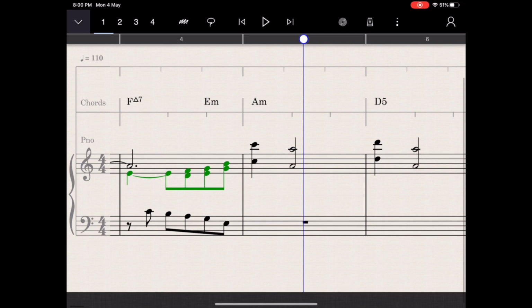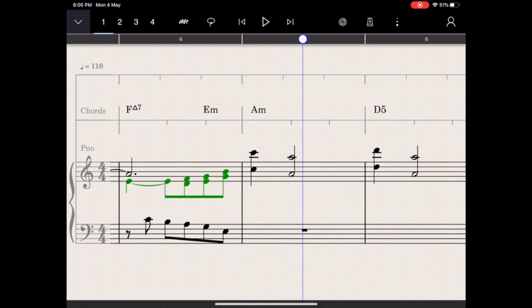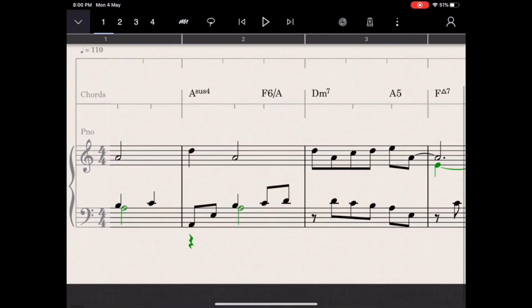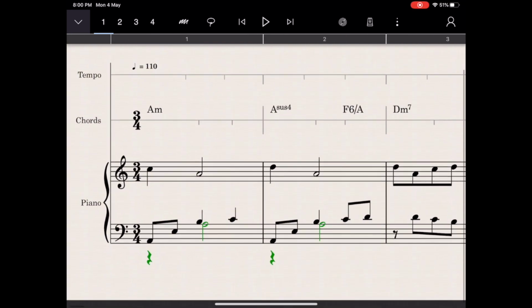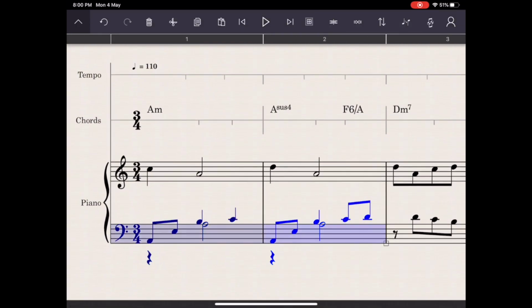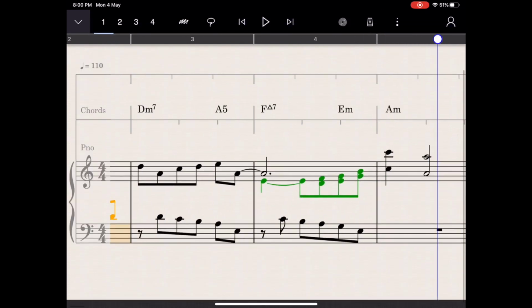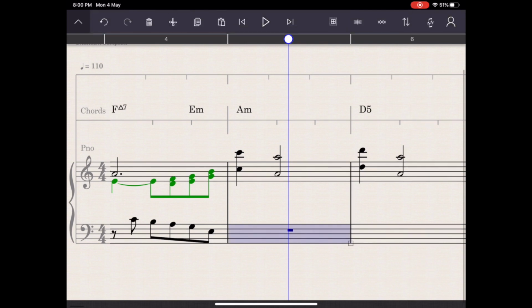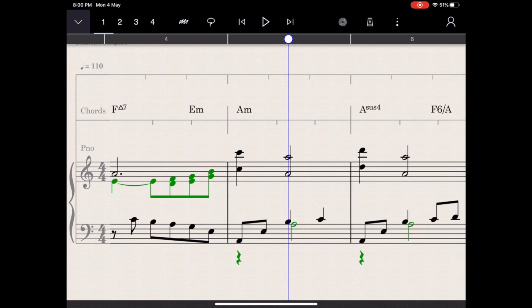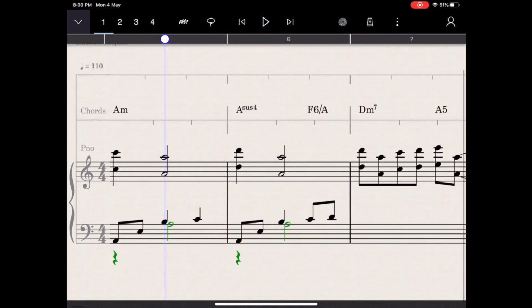So I've added octaves to that by simply drawing notes above the initial notes and then dragging them up. Again, that's, for me, the easiest method for doing octaves until StaffPad has that feature built in. Okay, so let's copy the left-hand part, at least for 2 bars, and I'm going to modify this bar here